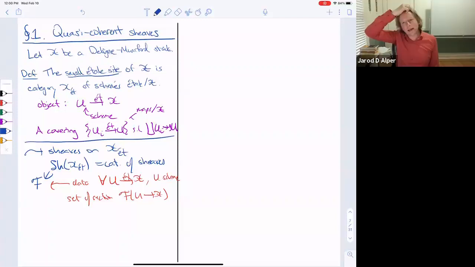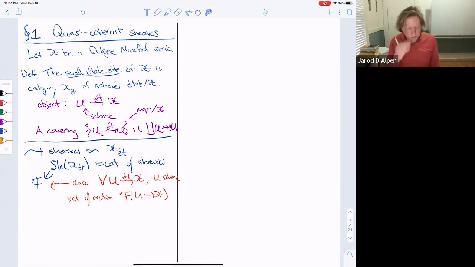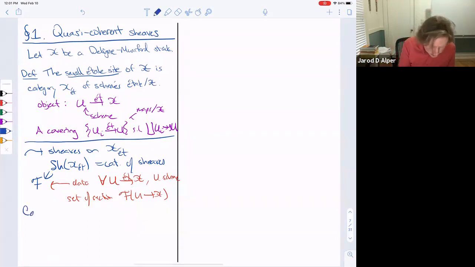Yeah, the small Étale site of even a scheme and a nilpotent thickening of that scheme should be the same, or I hope I'm not saying something wrong. Right. Okay, so we have sheaves, and by definition you have sections over every Étale morphism from a scheme, and you can actually extend this to Étale maps like U to X from DM stacks,